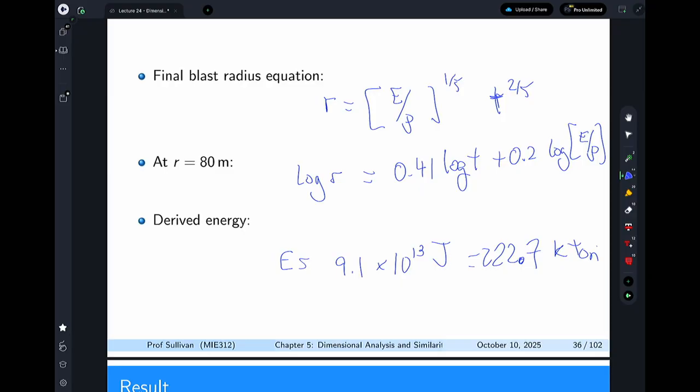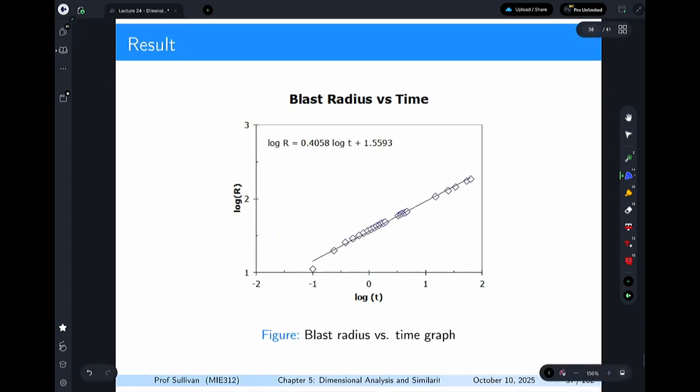So out of that, he got a relationship: log R equals 0.41 log of t plus 0.2 log of E over rho, and it ended up that the energy is 222.7 kilotons, which was awful close to the actual result, and it resulted in, I think he was at Cambridge at the time, a knock on the door from the FBI. So if you do really good work, somebody will